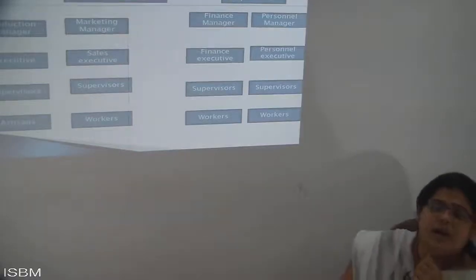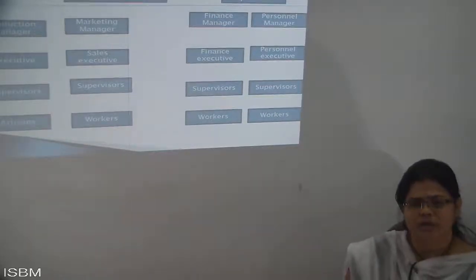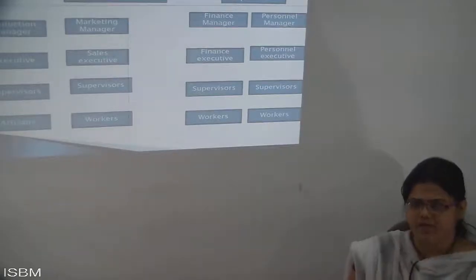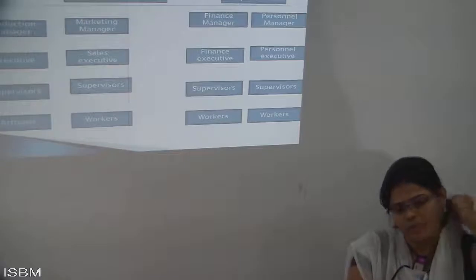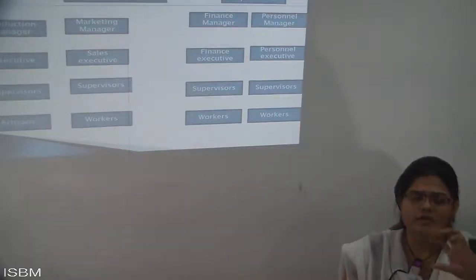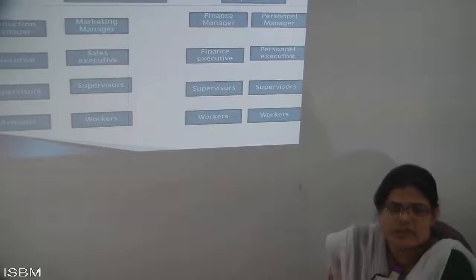So this is where you can see the specialization, because in this chapter we are moving with structures and design. So how do you structure and design with the help of specialization? In this we have learned one concept, which was the division of labor. Division of labor is a certain way of specialization. So here also production, marketing, finance, and HR, in each and every one, they all have their specialization.